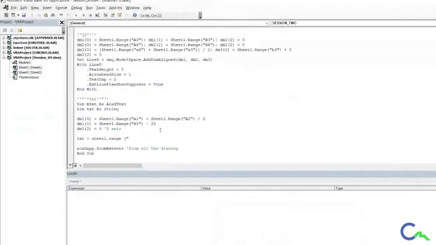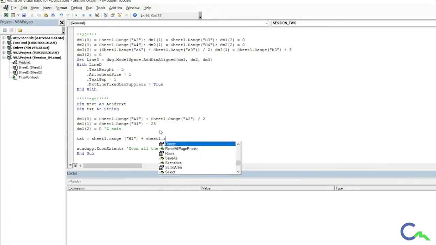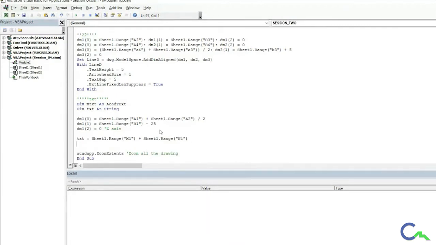So M1, and plus is a symbol to join two strings. That means if you have to join, or concatenate, two words, you have to use a plus symbol. So the next word is sheet1.range, and the range is N1, right? I'll tell you why I'm writing it like this, split up.